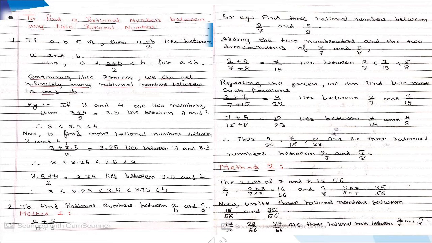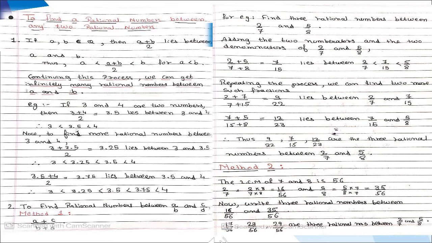So if A and B are two rational numbers and you are asked to find the rational number between A and B, then how will you do it? See, they have added A and B and divided by 2. Students, this is the basic rule in maths. If you want to find the mid value of any two numbers, you add them and divide by 2. So you will get the exact middle value, right? So basically you will get whatever comes between them, right?